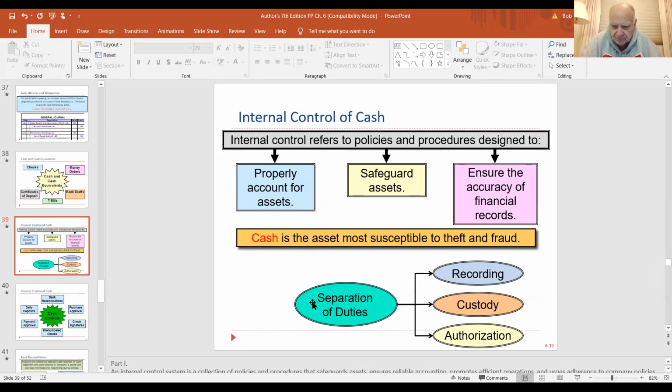Internal control of cash: segregate those duties. Don't have the same person do the same thing all the time. Someday I'll tell you the story about the girl from Santa Barbara who's in jail now for embezzling tons of money from the police department because she was put in charge of the traffic fines. She was given the ability to do all of these duties, the recording, the custody, the authorization. Add to that the computer boss. And this poor woman fell victim to temptation like many people would.